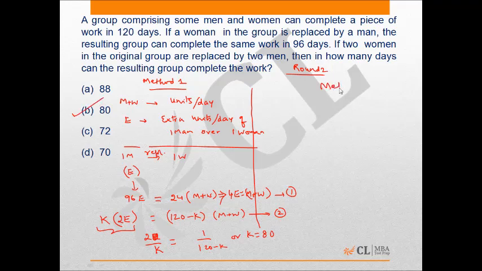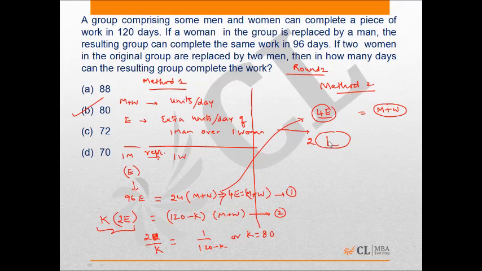So the method 2 actually flows from here. If one guy had replaced, it is equal to saying 4E units are equal to m plus w units. So the total amount of work done is equal to the extra man working for 4 days. Suppose two people had replaced, then you will find that the extra that we get